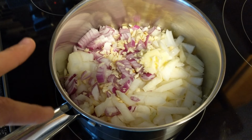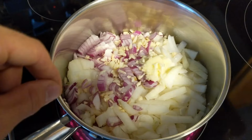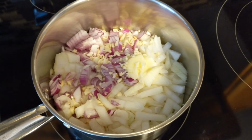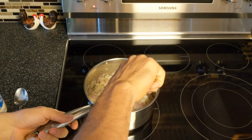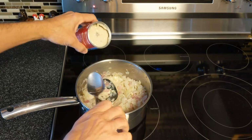But we're kicking it off with 3 onions and probably about 10 cloves of garlic in there, or a little piece of garlic chopped up and minced. And about 2 tablespoons of butter. I'm going to add a little salt and pepper to this, and we're going to carry on. Okay, once the onions are nice and kind of sauteed there, we're going to add a couple cans of cream